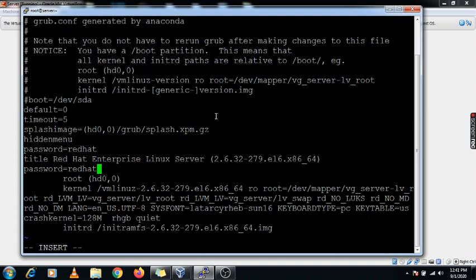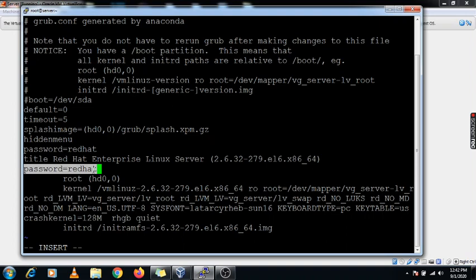First, the password we have set for the kernel: when our server boots, at that time it asks for the kernel password. Once this password is entered, it will boot from this kernel image. Before entering into grub, it will ask again for the grub password.